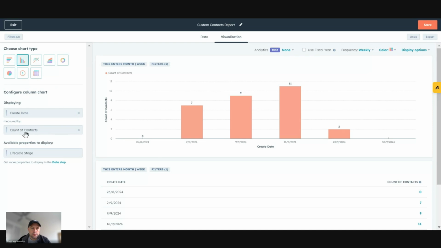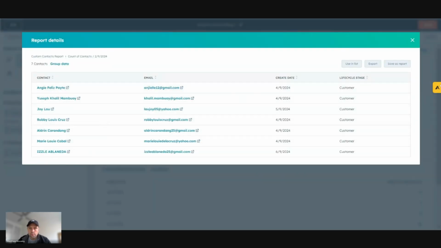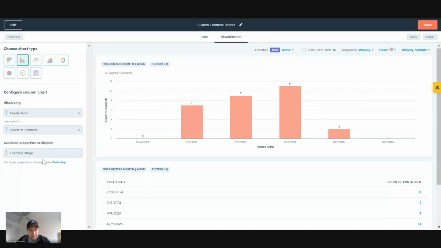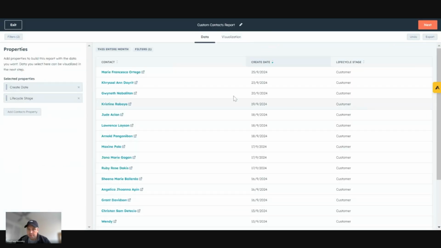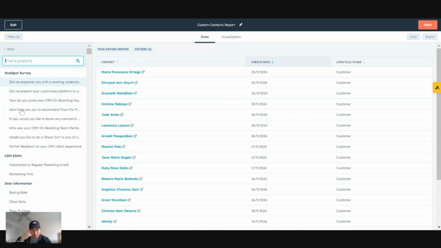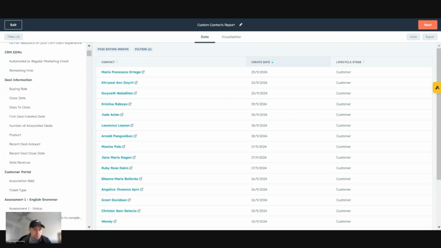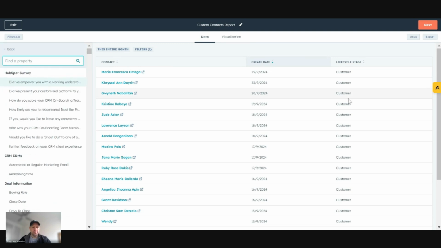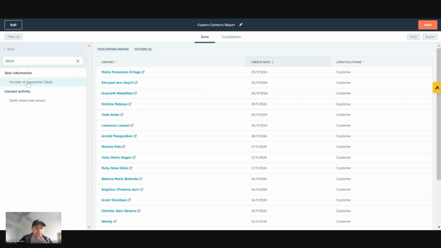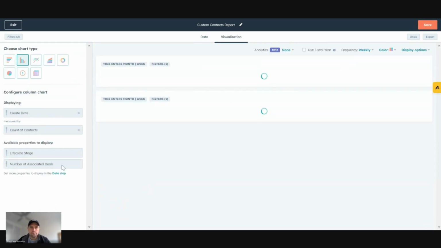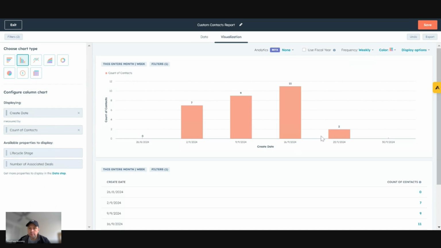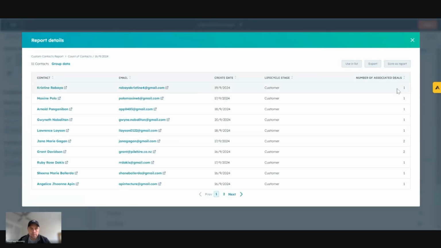I can go back to hide filters. And like I said before, we've got create date, counter contact. When I click there, we've got the life cycle stage as well, because that's a data point. So if I want to add in another bit of information that I can click on and view really easily, you see associated deals, number of associated deals. Now that appears there. I'm not reporting on it, but what it does do, it appears in the report detail summary. So again, it just allows me to see information really quickly and at a glance, whenever I want.